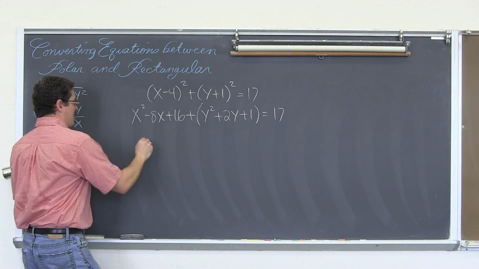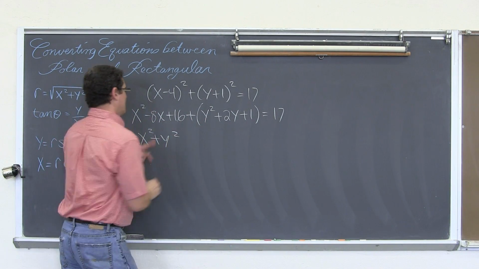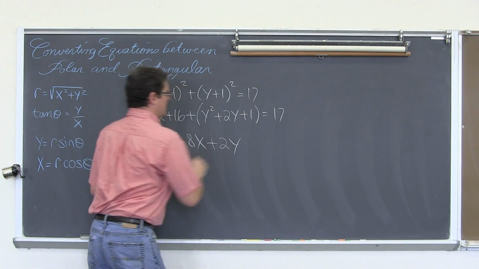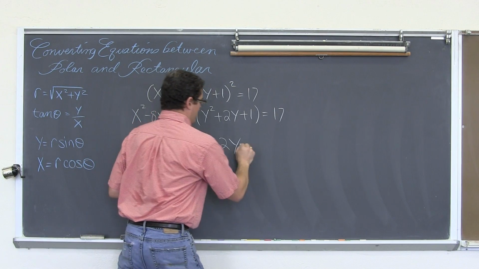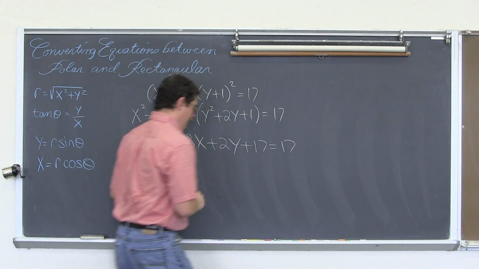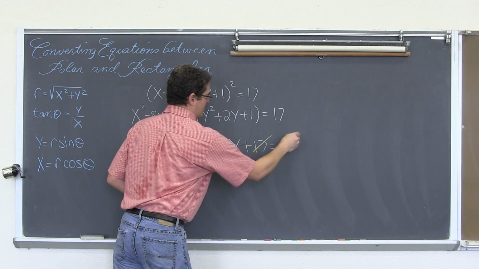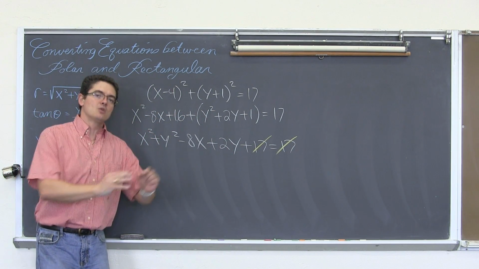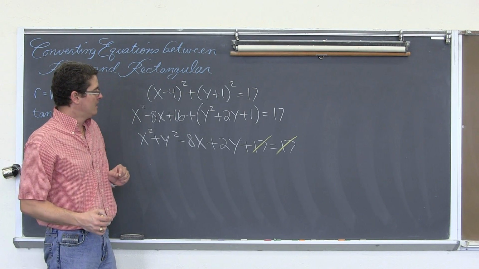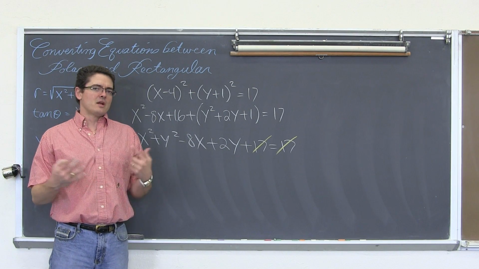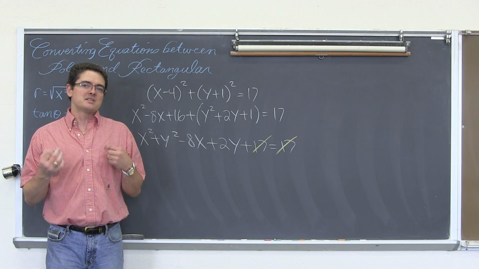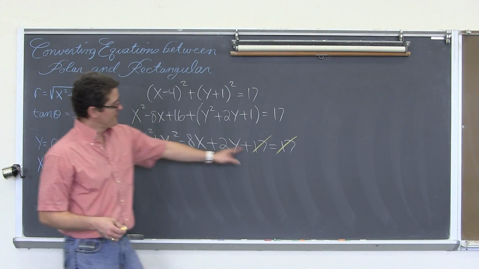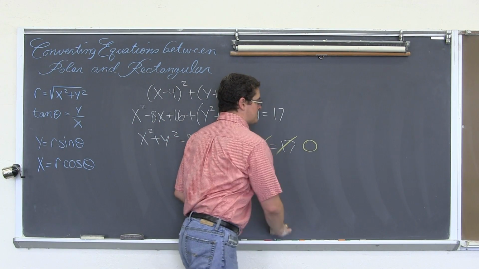We have x squared plus y squared minus 8x plus 2y. 16 and 1 makes 17. Now, it's been set up, honestly, so that the constants will cancel out, so that ultimately I can get r completely isolated in terms of theta. I'm not sure other textbooks always work out that nicely, but they do in my textbook. So hopefully you're finding the same in your books. If we subtract 17 from both sides, that is going to be equal to 0.